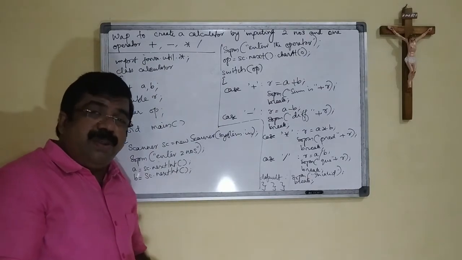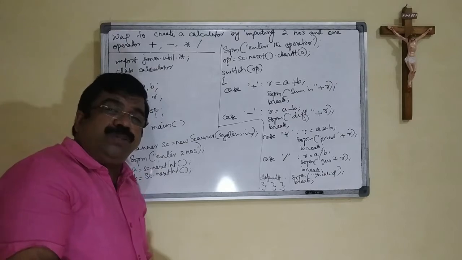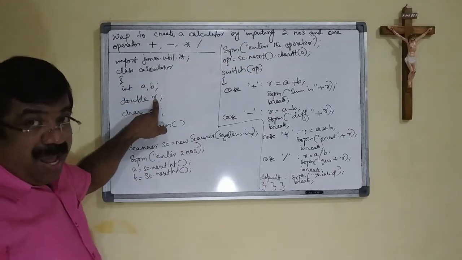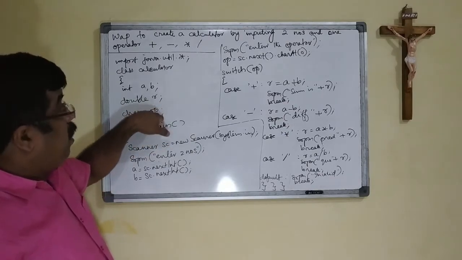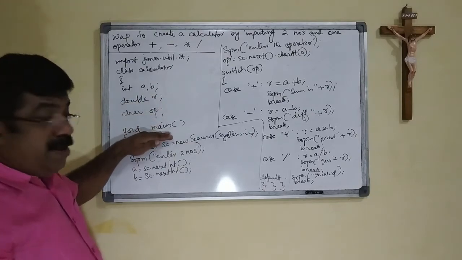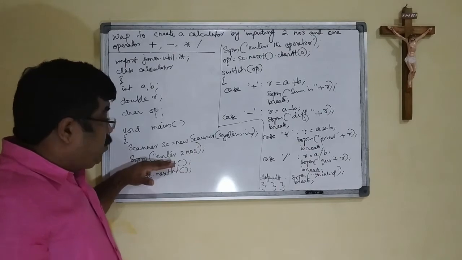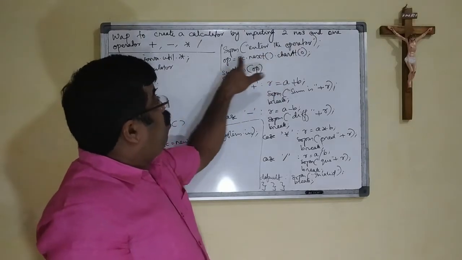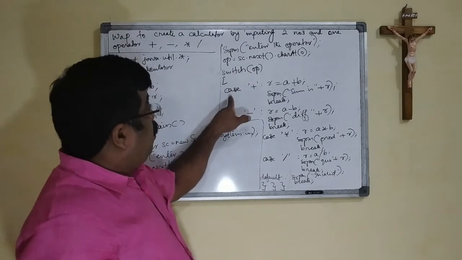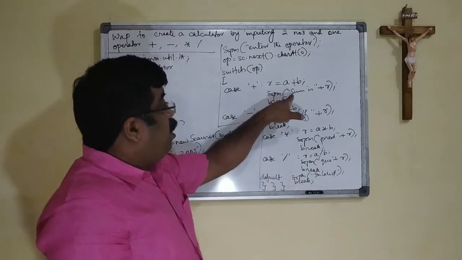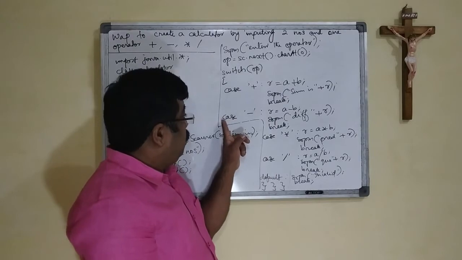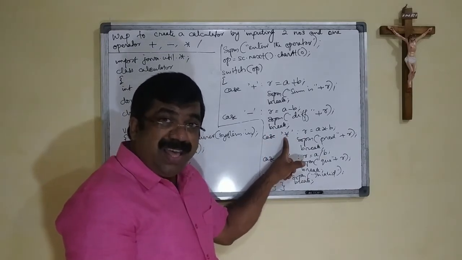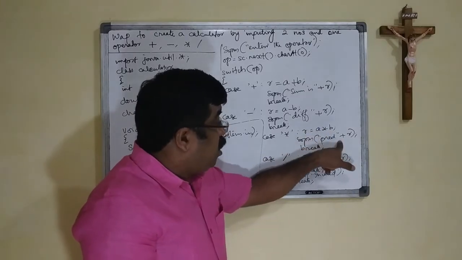Let us see. As we were giving in every program, since it is taking one input, java.util.* is given, declaring all the variables which are required, 2 numbers, 1 for storing the result, char op for storing the operators, void main, scanner class object is created, asking for 2 numbers, A and B, then enter the operator, asking for the operator there, switch op, when it is plus, R is equal to A plus B, SOPLN sum is R, break, case minus R is equal to A minus B, SOPLN difference is so and so, break, case when it is star, multiplying them, result is printed.